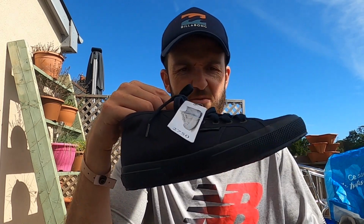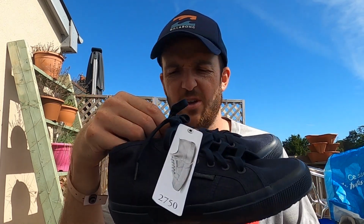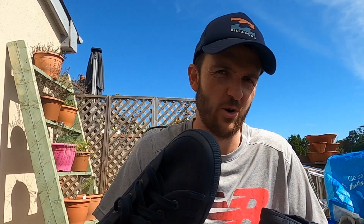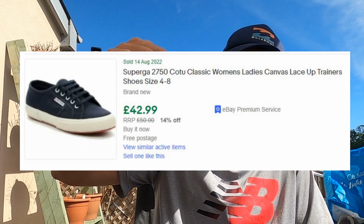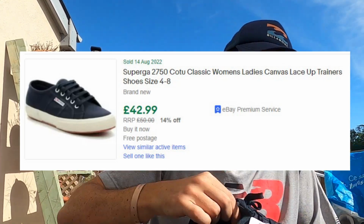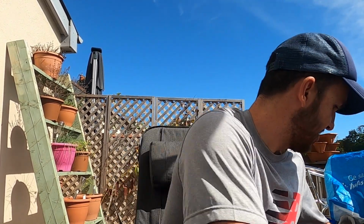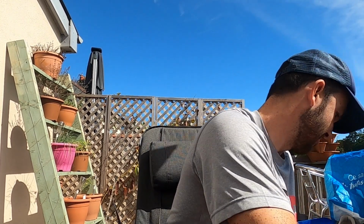Might take a while to sell, because Supergas seem to either fly out or just sit around. These aren't the sort of typical style that you see, so that can work in its favour, or it won't. But yeah, hopefully 30 quid. I mean, they're 55 odd quid new, so minus the box, that's a new shoe, isn't it? So yeah, women's size 6, hopefully about 30 quid. Right, what else do we have? Okay, so